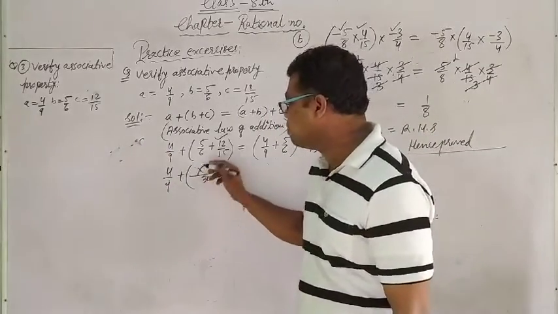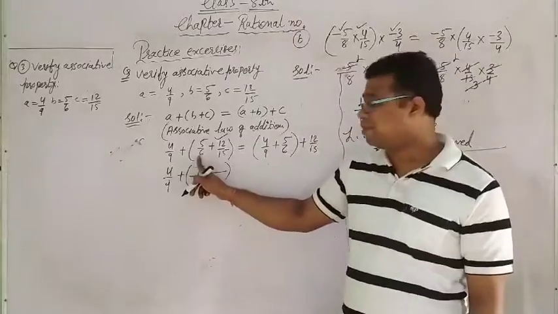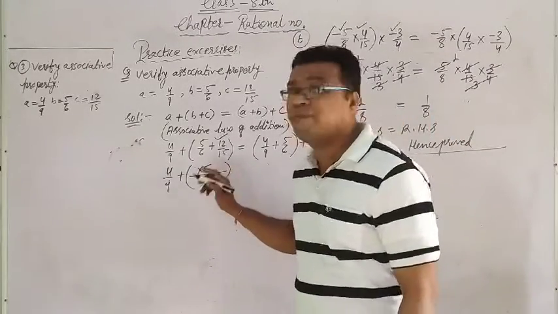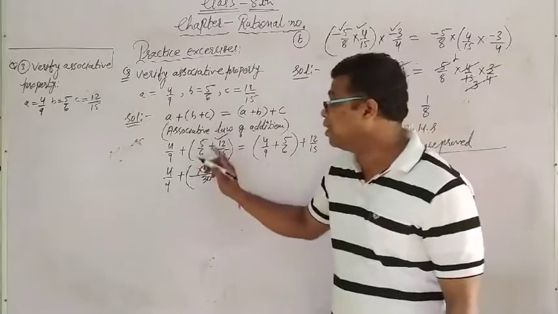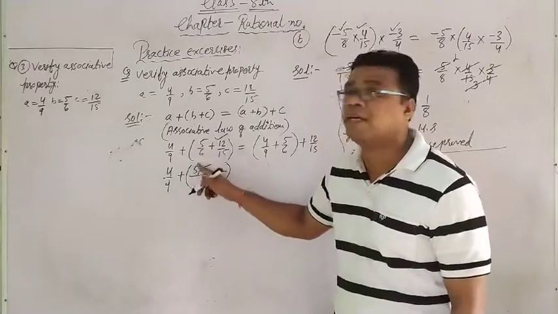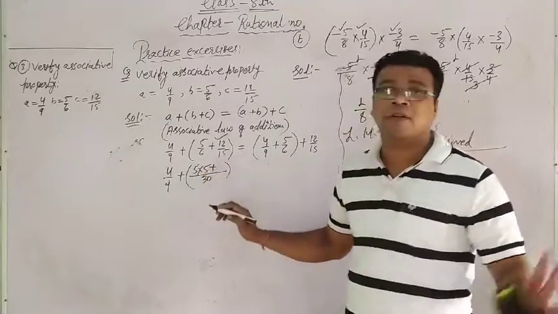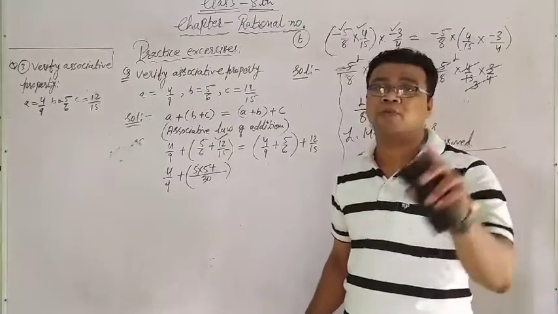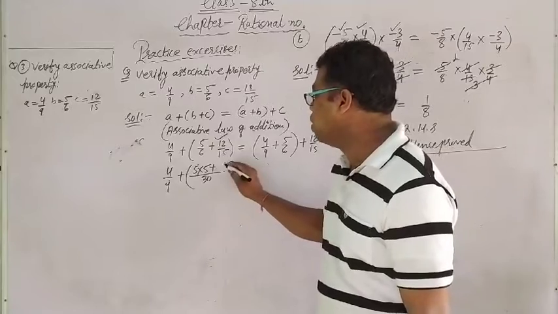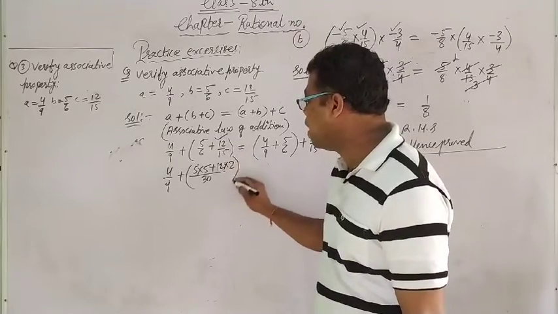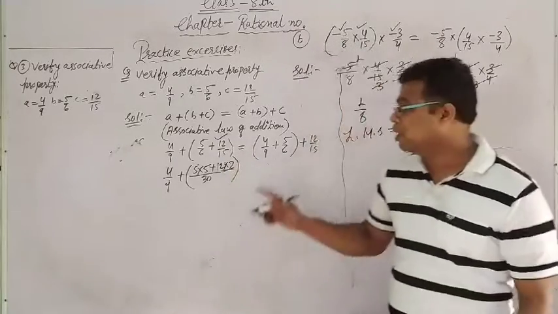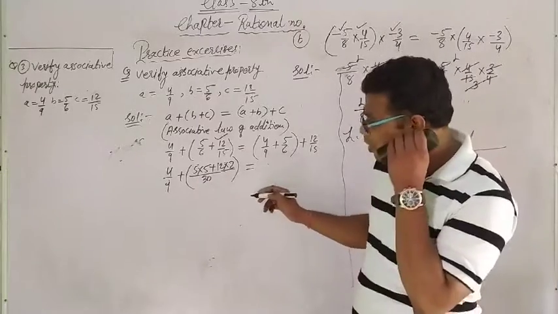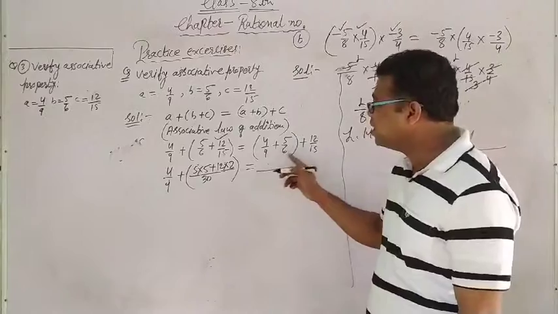Right now see, in the table of 6, how many times does 30 come? 5 times. So that 5 I have to multiply with the numerator 5. Again in the table of 15, how many times does 30 come? 2 times. So that 2 I have to multiply with 12. Alright, now here paste. This is the copy, this is the paste. Not exactly, I don't think copy paste will work because the things are a little changed.